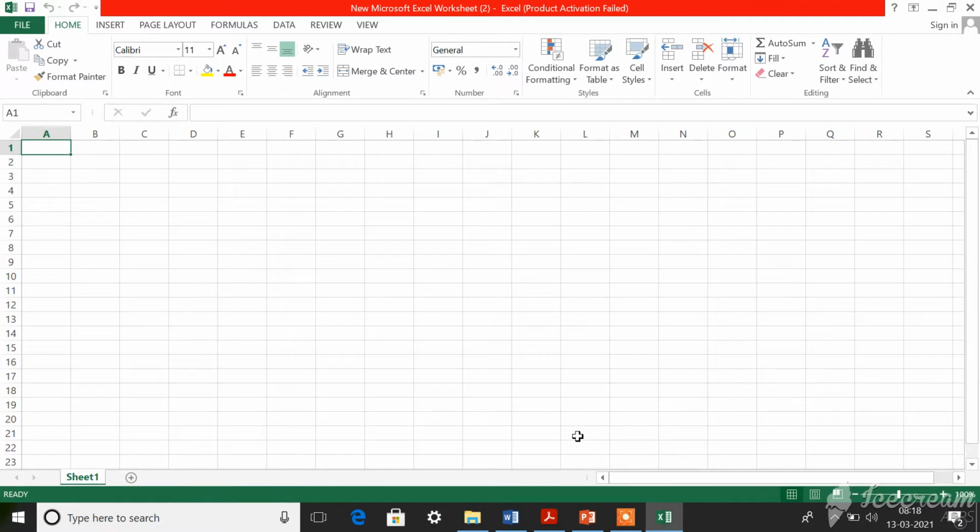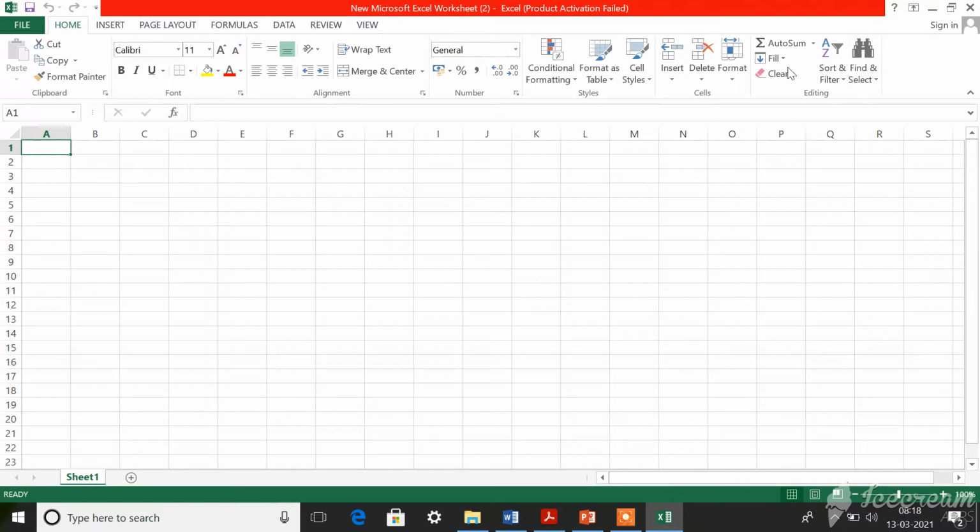After that your window looks like this. The entire window is a combination of rows and columns, where you can enter your data. The place where each row and column meets, the box, is called a cell. This is the quick access toolbar, and this is the name of the worksheet, called the title bar, and these are ribbons.